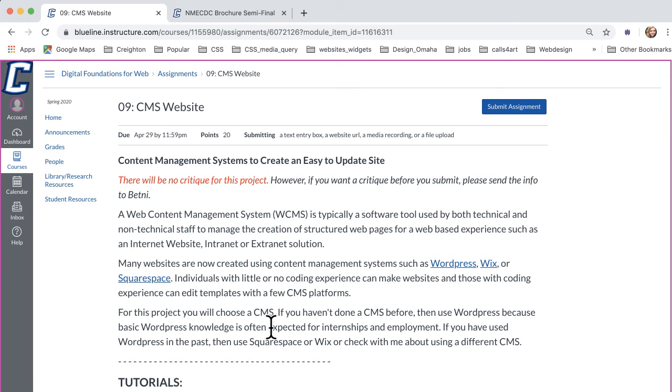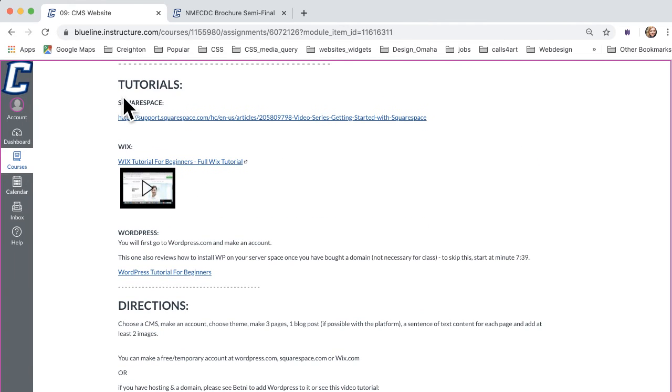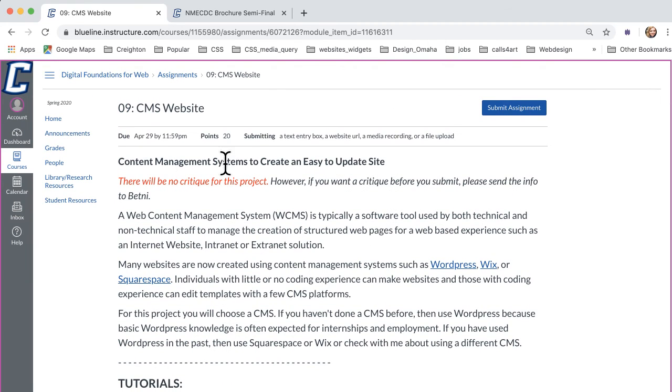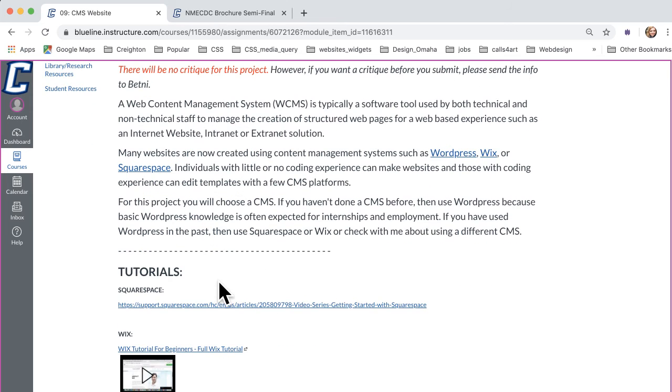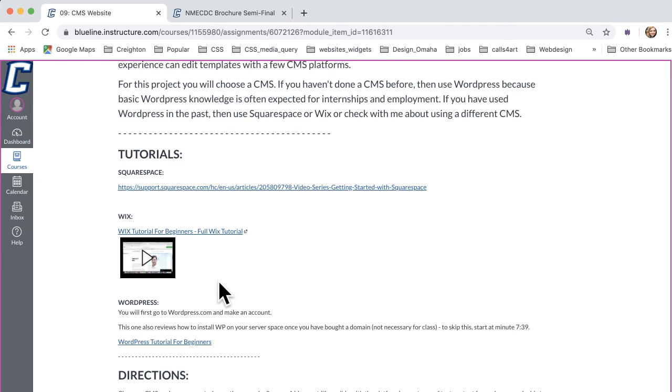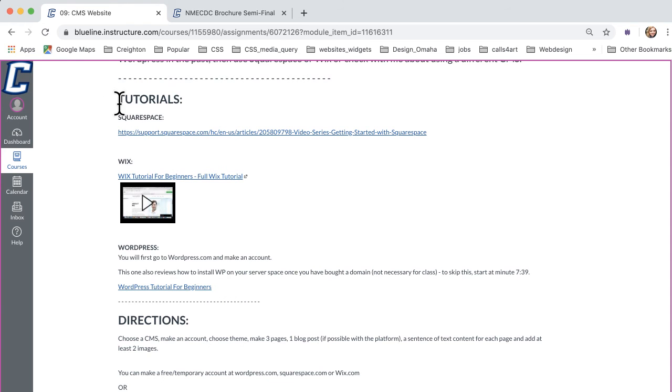The one thing that can be funky about this particular one is depending on which platform you choose to use, whether it's Squarespace, Wix, WordPress, or if you find a different one you'd rather use, that is a proper CMS, a content management system. It's basically you don't have to do coding. Some of them you can, but you don't have to, and that's how a lot of things are made now. But if you do know some coding, you can actually change the templates in Squarespace. Wix doesn't really use code that is available to people, and then WordPress, you can go in and do some editing of code depending on which template you use.